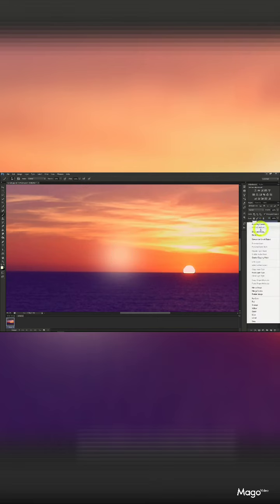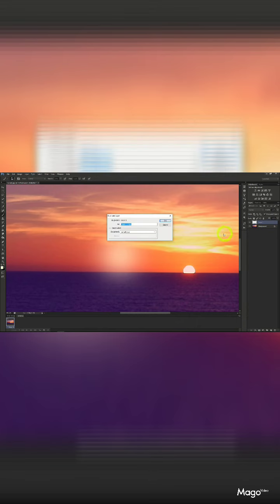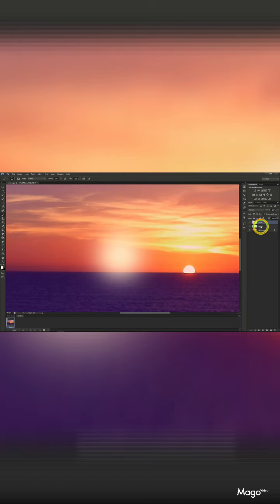Now let's duplicate the layer, through the right-click Duplicate Layer option, or you can use Ctrl-J. We'll name the new layer White, and the old layer Orange. Next, we'll add color to the orange layer. Hide the white layer. Then go to Image, Adjustments,